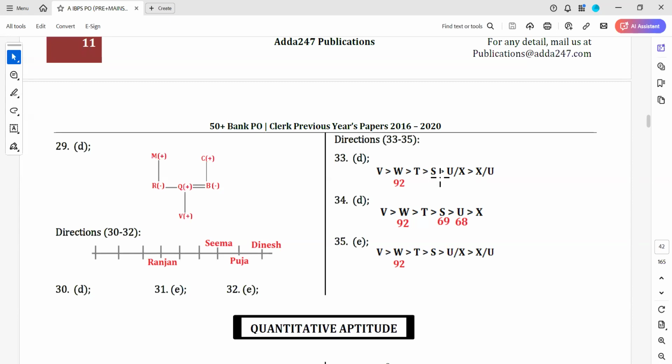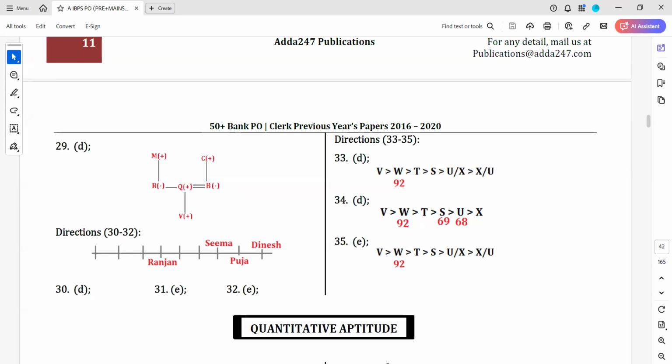It can be X here or U here, or it can be U here or X here. Correct. And the next information provided is